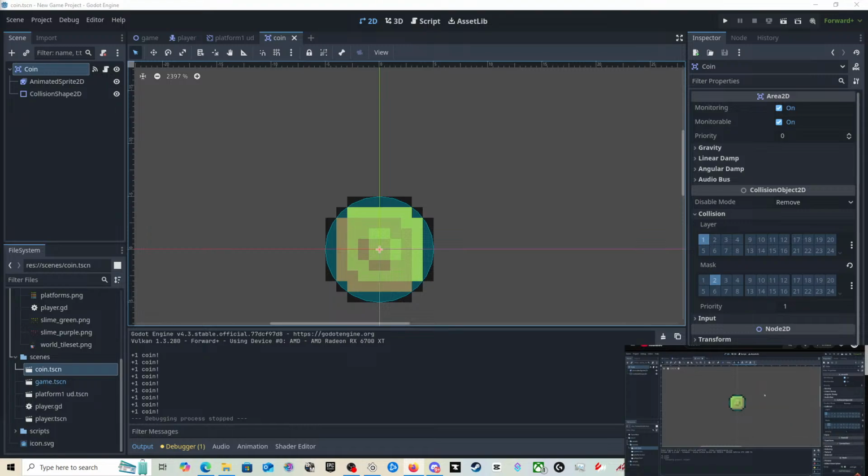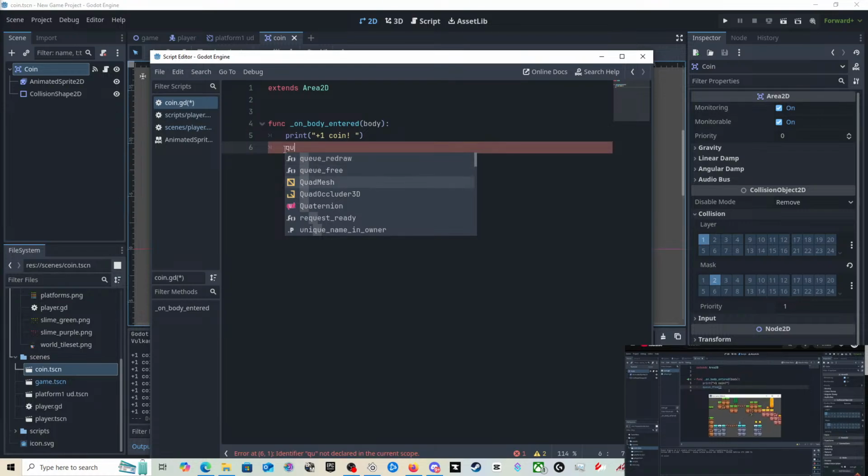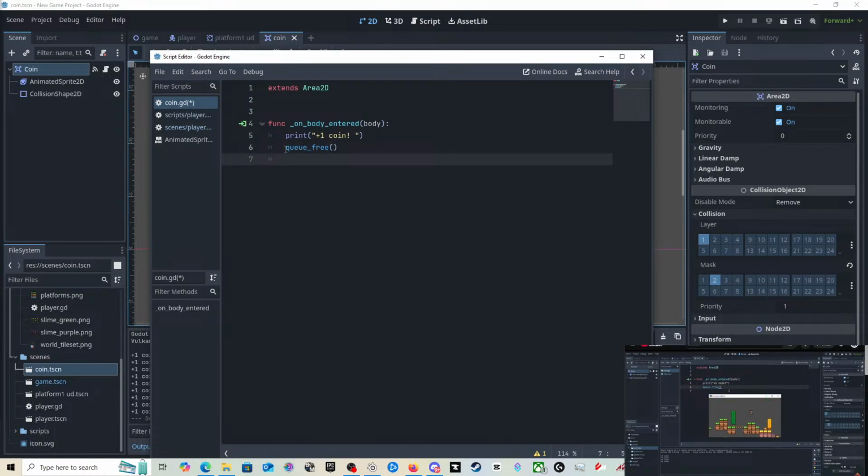And instead of just displaying a message, let's also remove the coin from our scene when we pick it up. So in our script, after printing one coin, let's add a new line. We'll call the queue_free function, which is simply going to remove the entire coin scene from our game. And indeed it does. And our knight can now start gathering some coins. Now, depending on what type of loot we pick up, we want different things to happen. In this case, I want to display a score that increases when we pick up a coin. But we'll look at that when we get to text.